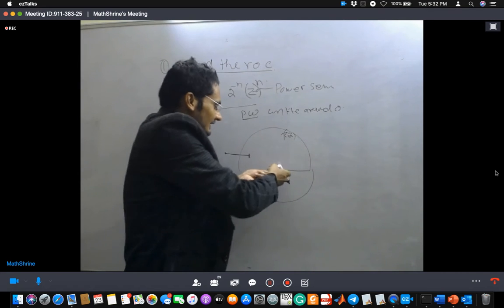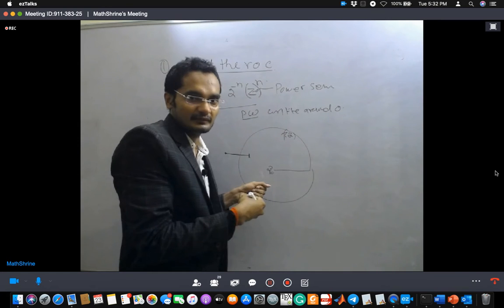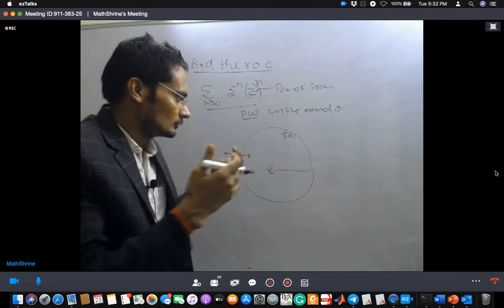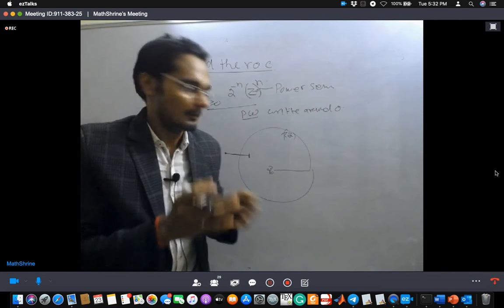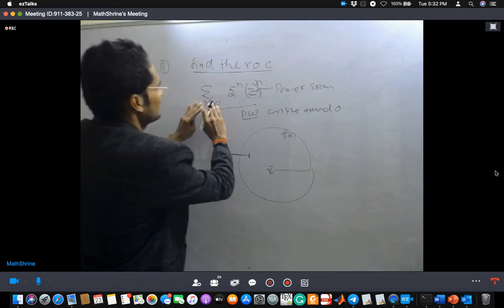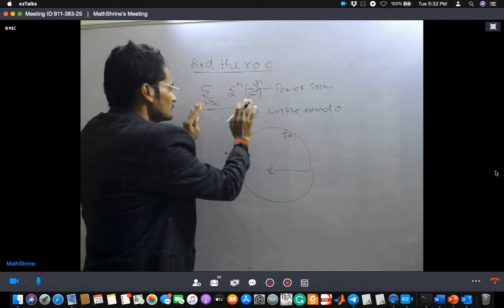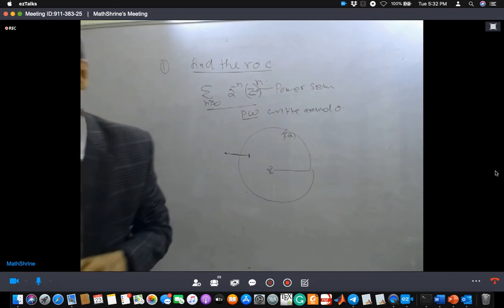Meaning we were extracting it, we were stretching it out, right? We want to look at its geometry, I mean how much solid disk it has with respect to the point z naught. But here we have been given a series. So how do we find the radius of convergence? The answer is very simple.